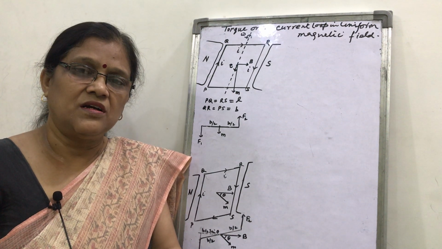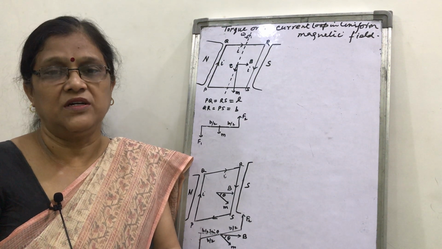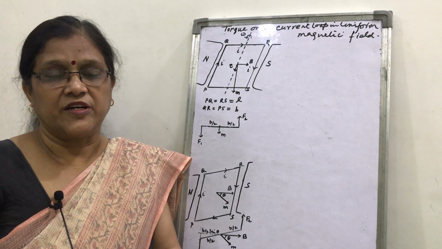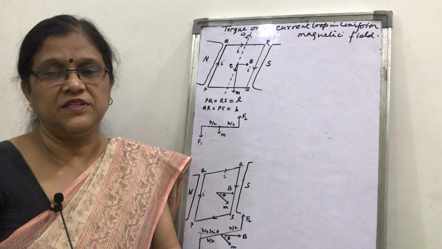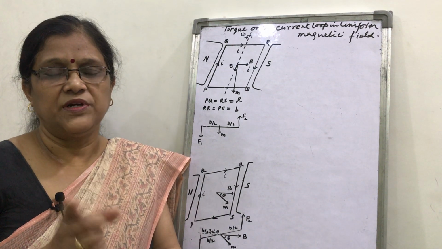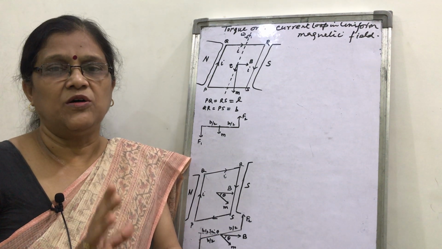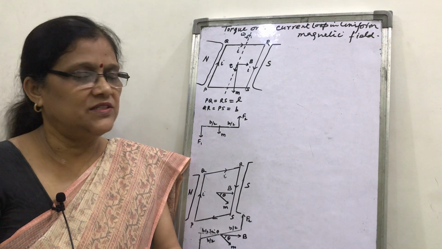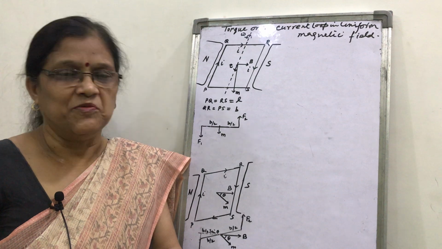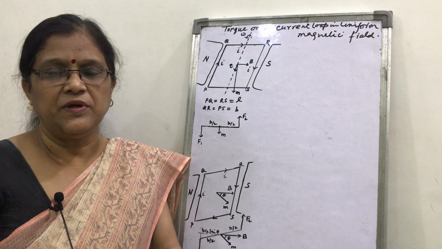Similarly, the torque in rotational motion: you must have read that the rotational tendency of a force is called torque. Torque is used in electric motors. You must have seen electric fans. Whenever you switch on, the fan begins to rotate. How? Because of the electric motor. So today we will study the torque, how it is produced, when it is maximum, when it is minimum, and what is its role in the galvanometer principle as well as